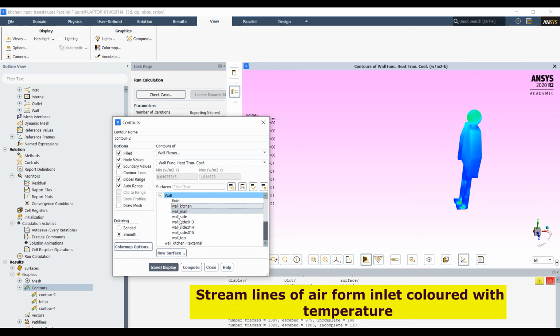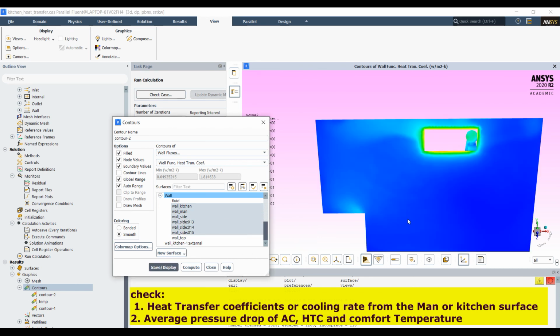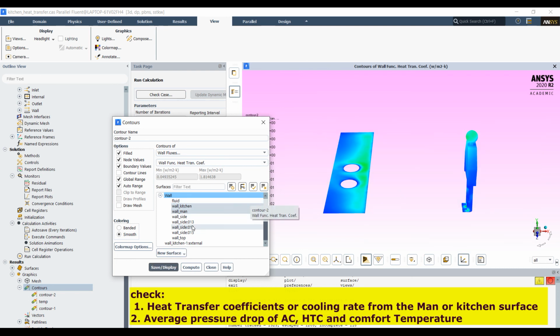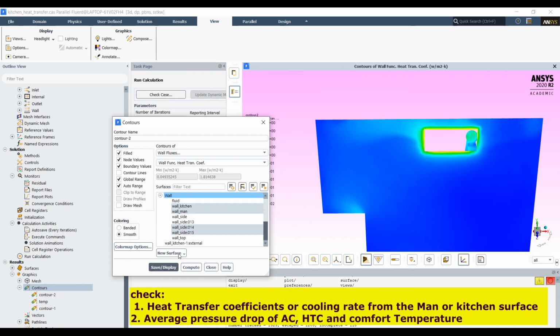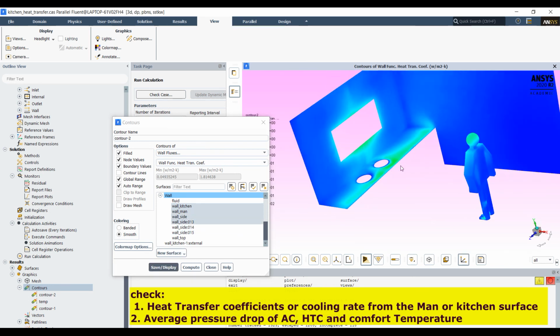You can also see the heat transfer coefficient on the kitchen. Other walls are insulated. See, these are the side wall. And this is the heat transfer coefficient.